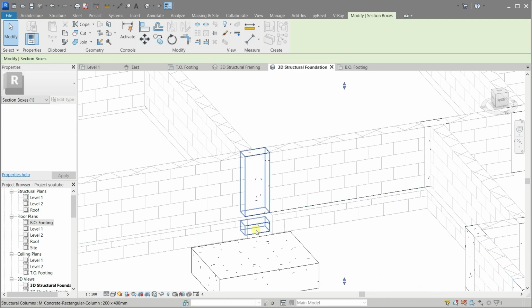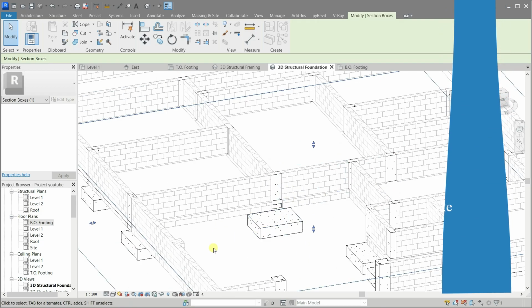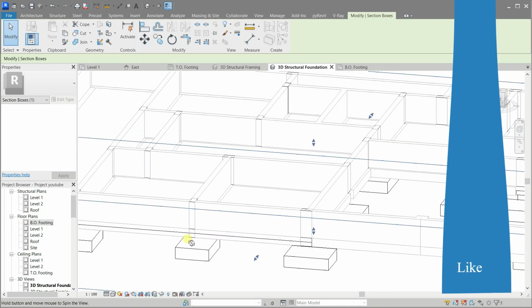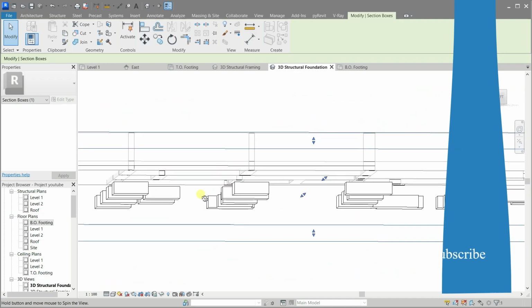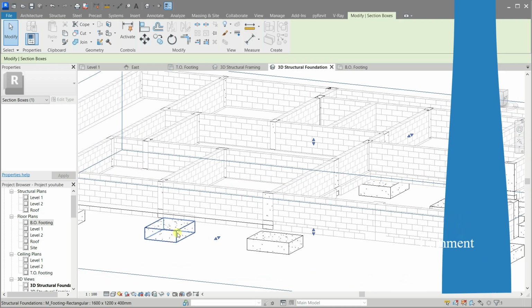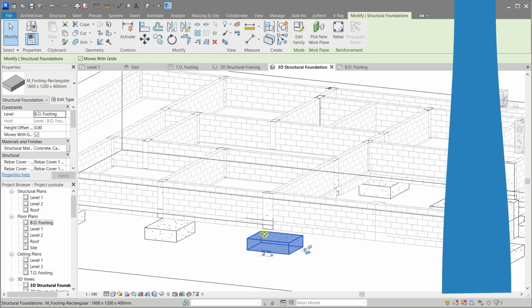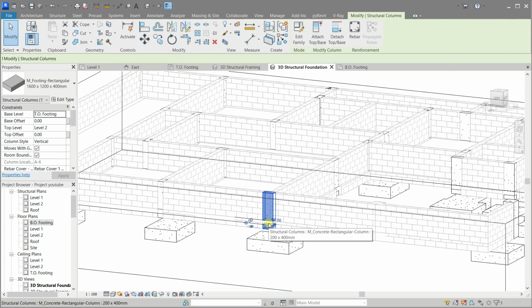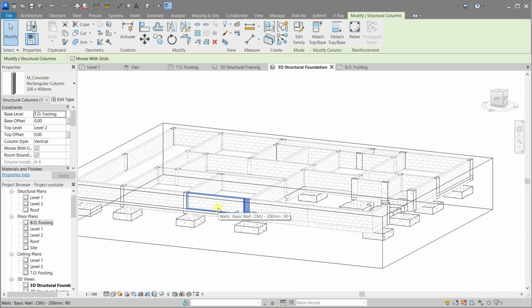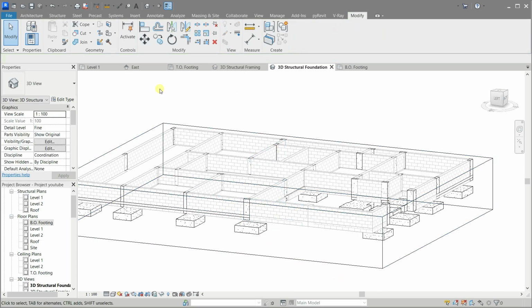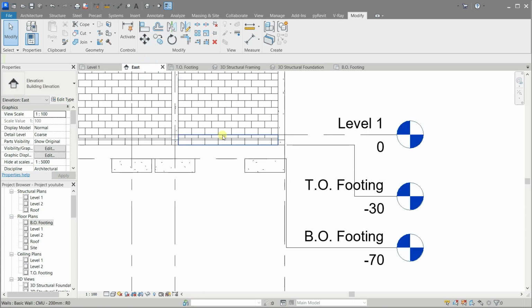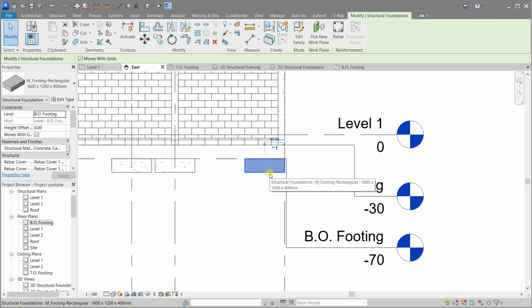Something doesn't seem right. Go to the east view. Yes, that's it. The footings are on the wrong level.